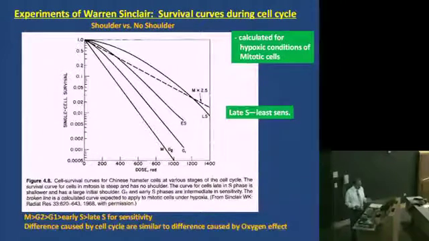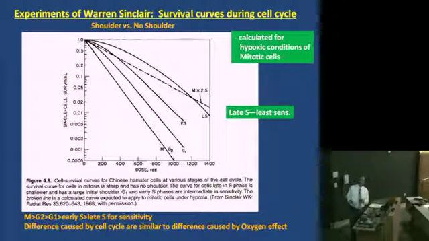As Dr. Agulnik was pointing out, radiation cell death is dependent upon the phases of the cell cycle. Radiation is most effective in the mitotic phase of the cell cycle. So this is a semi-logarithmic scale where you have a survival curve on one scale and radiation doses on the other scale.